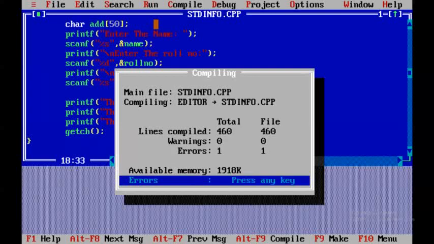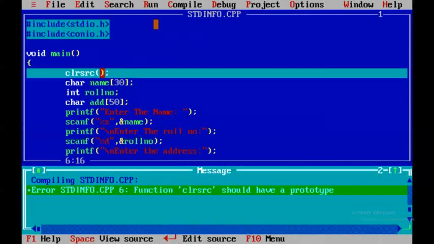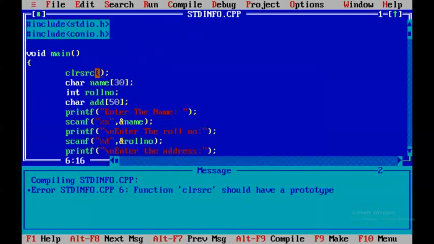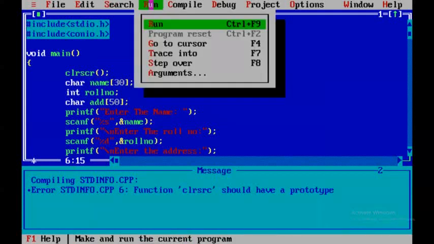Oh, there is an error. So what's the error? Unwanted syntax. Sorry, it's a syntactical mistake done by us while writing the program. So sorry guys, here I have CLR SCR. It's a function. Okay, so I am going to correct it and rerun. See guys, here there is a statement, enter the name.